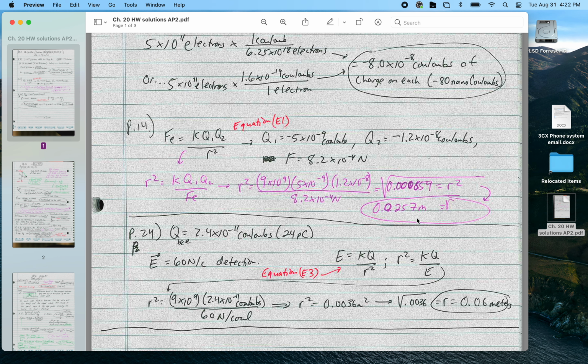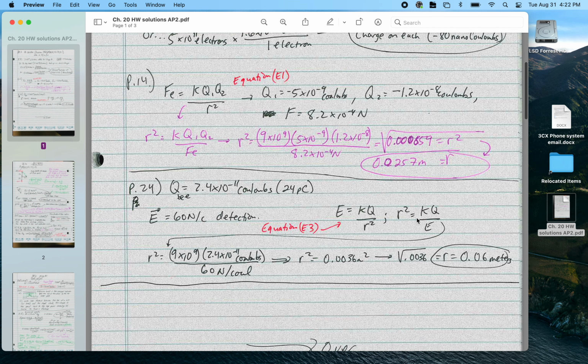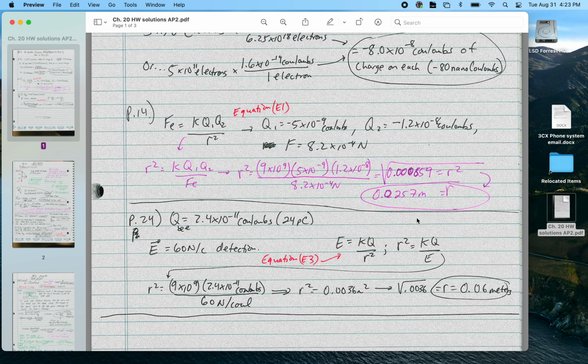Problem 24 is asking you, has a bumblebee. Oh, I thought this was really cool, actually. The bumblebees can detect electric fields. So it's been sensitive to an electric field of 60 newtons per coulomb. Could a bumblebee use this to detect the presence of another nearby bumblebee if that one has a charge of